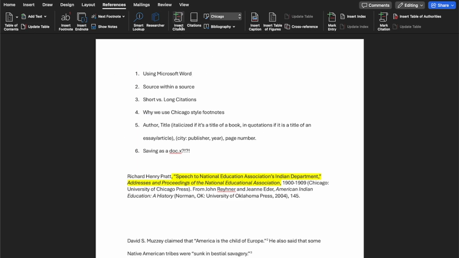Ignore insert citation, ignore anything. All you want to do is hit insert footnote. This right here has a little A, B, and then the little 1. That's your footnote. That is all you want to do. Do not get it confused with endnote. I've also had people get it confused with,